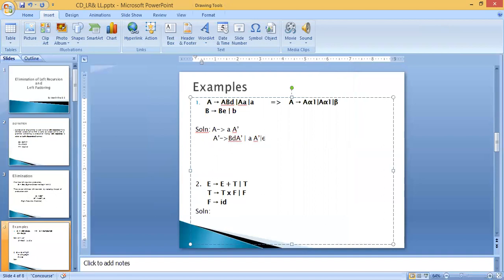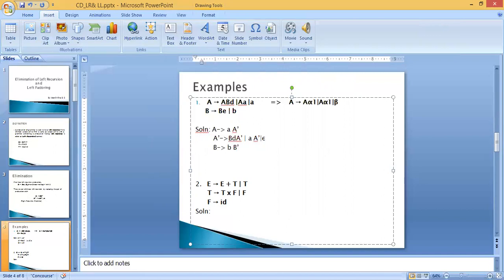Okay, so now we have left recursion for even B, right? So B gives, what should we write first? We should write the beta part. Which is the beta part over here? This one, small b, because it does not start with the left recursive non-terminal. So write down small b followed by a newly introduced non-terminal. What is it? B dash.